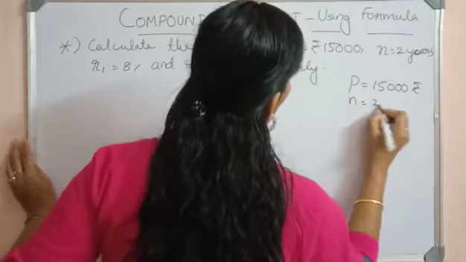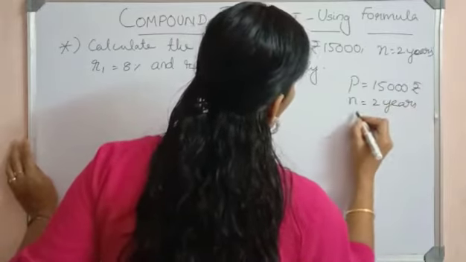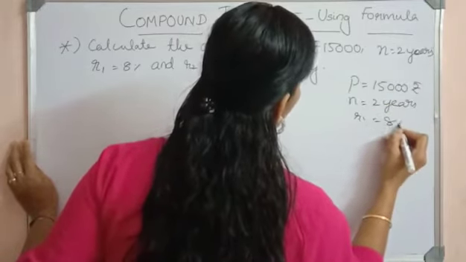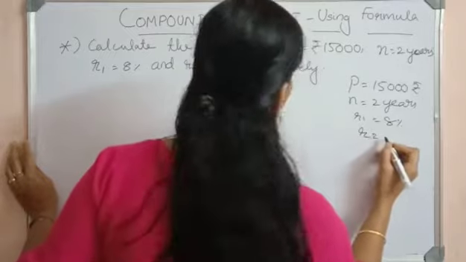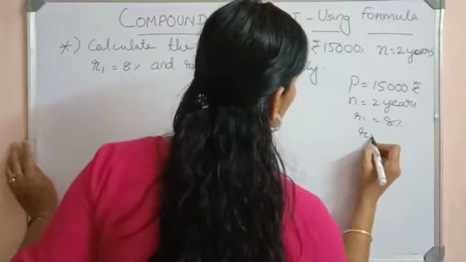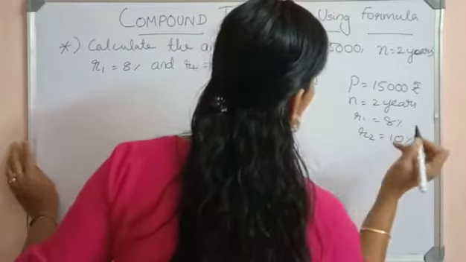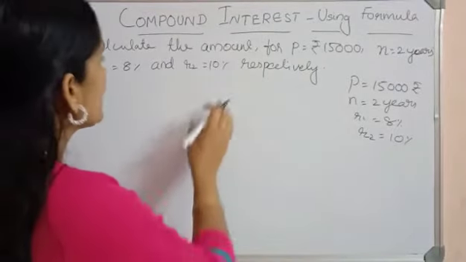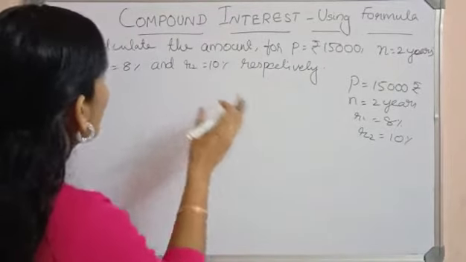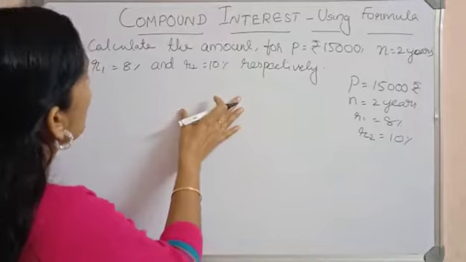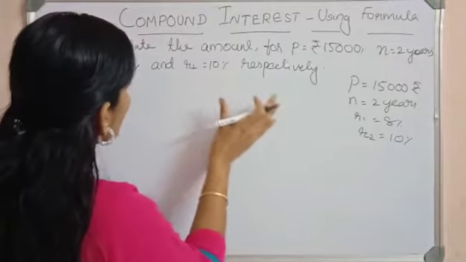N is equal to 2 years. R1 is 8% and R2 is 10%. Here, we need to consider the second formula, that is, when the rate of interest for the successive years are